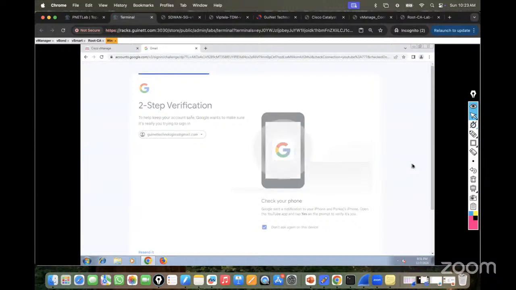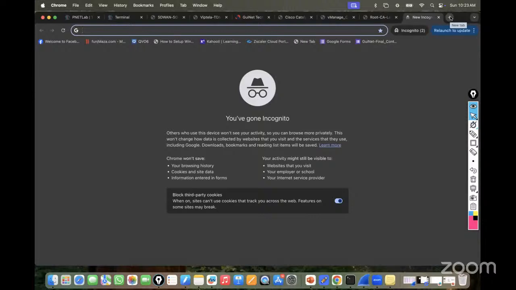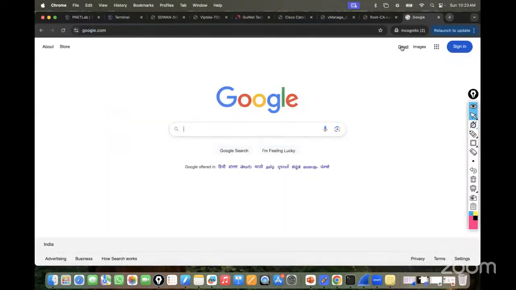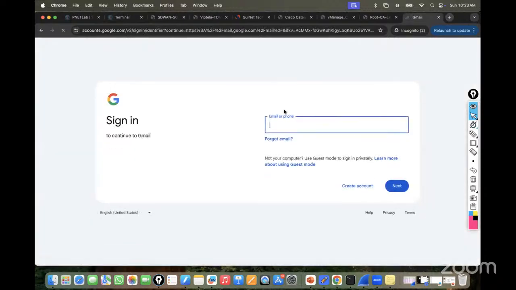Yeah, so I've done the two-step verification. So one email I open in this virtual environment. What I'll do, I'll open another email on this particular environment. So I'll go in the Google again. I'll open the email here and I'll sign in. Right, same email I'm going to open